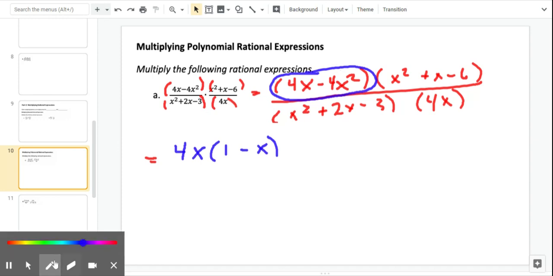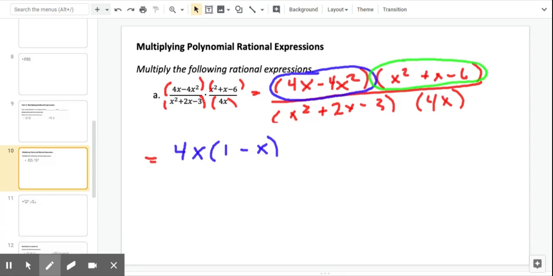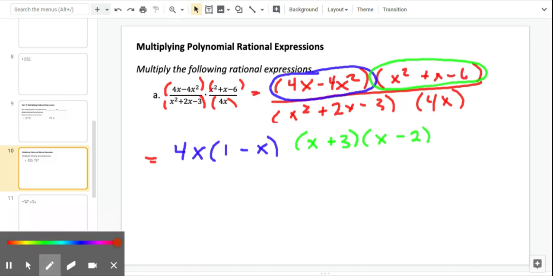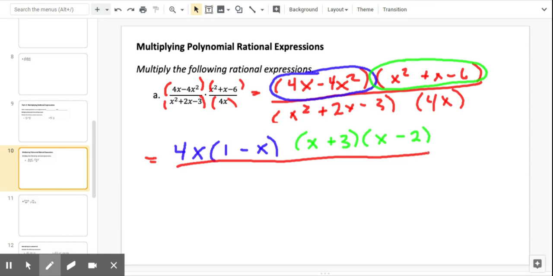All right, so we factored that now. Let's do this guy in green. Let's factor that. So this is a trinomial. So I want to ask myself, what adds to 1 that multiplies to -6? That's going to be x plus 3, x minus 2. 3 minus 2 is 1. 3 times -2 is -6. All right, all of this over